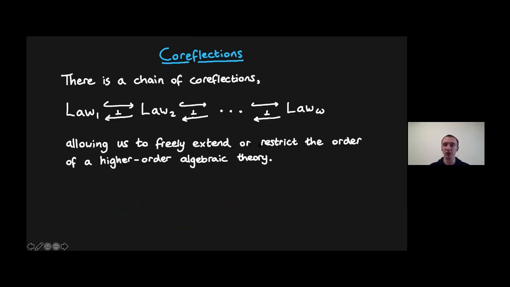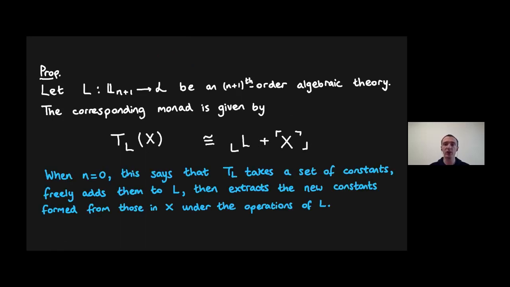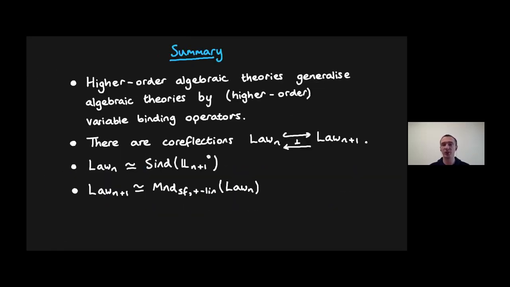And there are a couple of other things I don't have time to go over now, but essentially the last point I wanted to make is that we can explicitly calculate what the monad we get from an n+1th order algebraic theory is, and it has a very nice representation, which is new even in the first order setting. So you actually do get some clarification about first order ordinary algebraic theories from considering this hierarchy, which is quite surprising, quite satisfying. So I'll leave it there because I think I've gone a few minutes over time, and